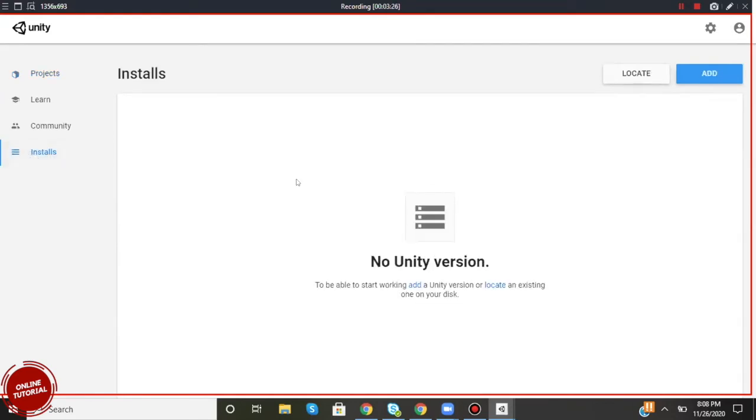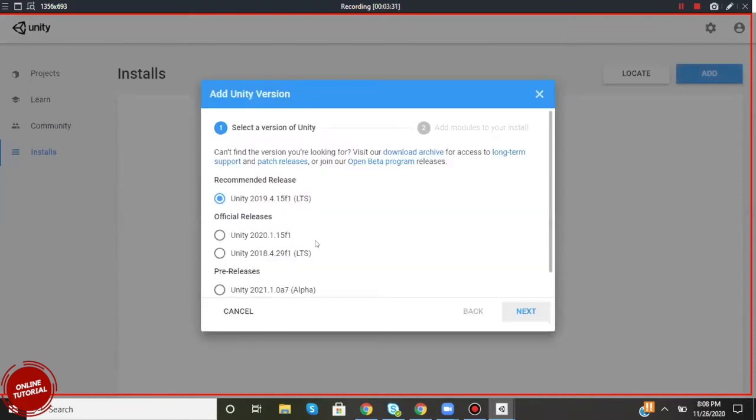Now click the add button. Add. Select 2019.4, the recommended version. This one, recommended release. Yes. Okay, next.